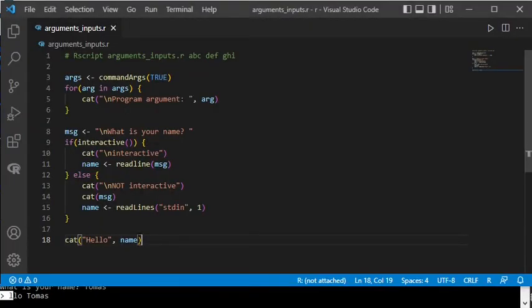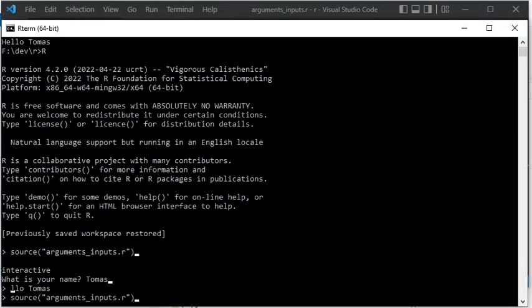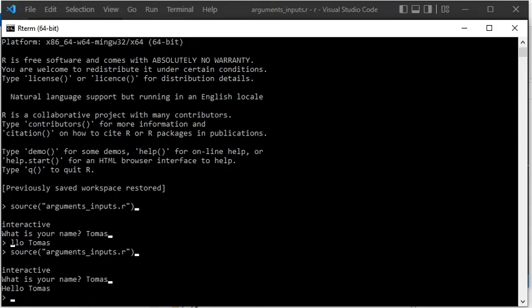This problem can be fixed by typing an additional line break at the end with the function cat after hello and the name have been printed. So I add \n after the name. When I then use the file again by calling the function source, it works as it should. Now all of the line is displayed with the hello text, and then the R console input prompt is displayed on a new line.